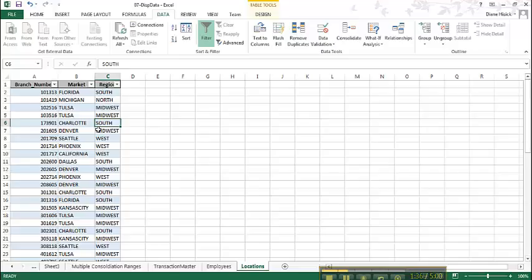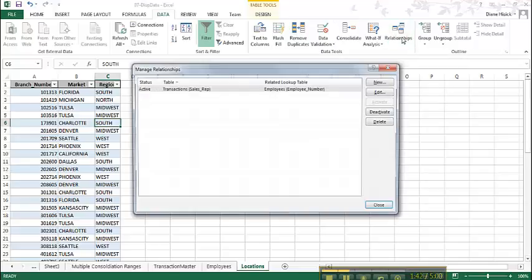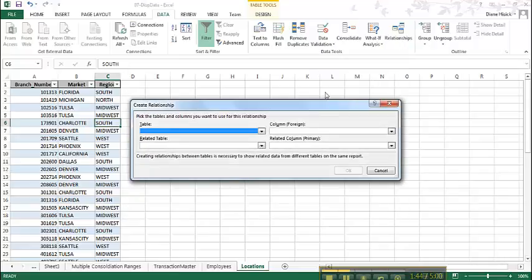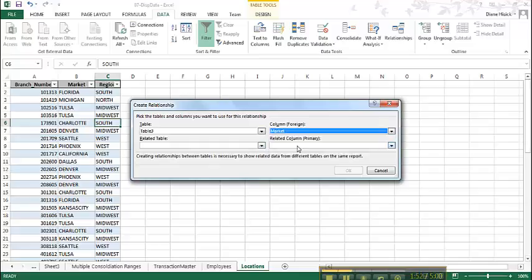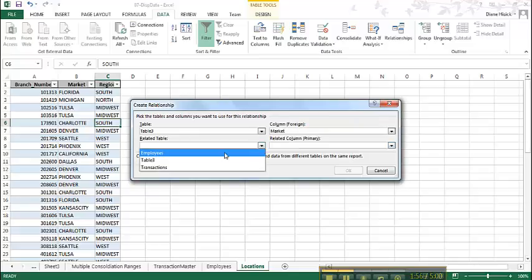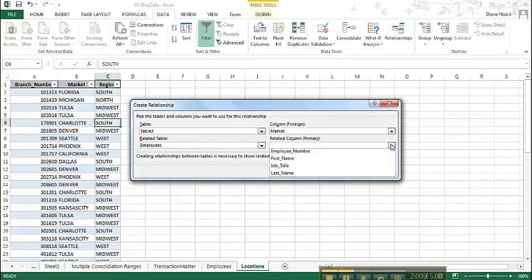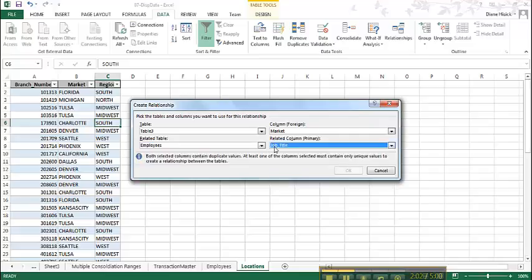But for example, if I did, I would go over here under the Data tab to Relationships. I would add a new one. I would select Table 3, and I would pick whichever one of these would match up to something on the other table. So for example, I'll just pick Market, and then if employees had a market field also, then I would go ahead and select that,